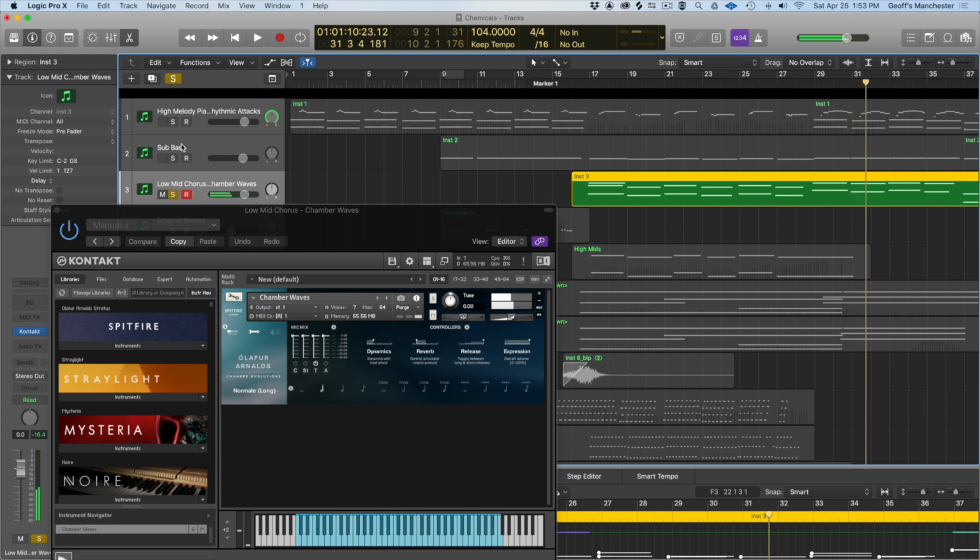And you'll see here I didn't do any dynamics or expression automation. These things just sound wonderful as is. Not to say that you can't go in there and tweak and give some life to them, but they have so much life already. So the next thing I have here is Cypher,